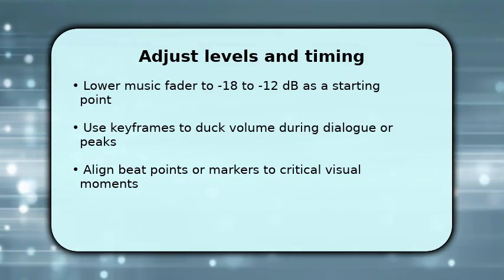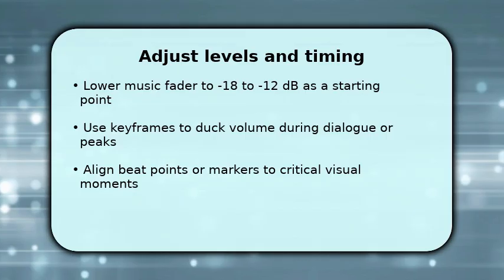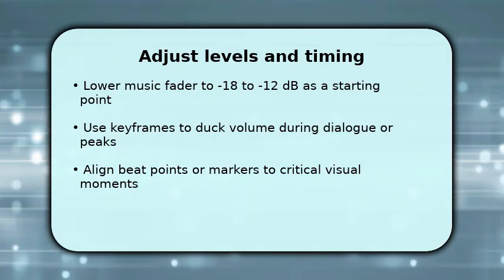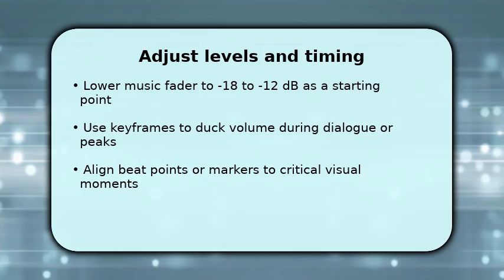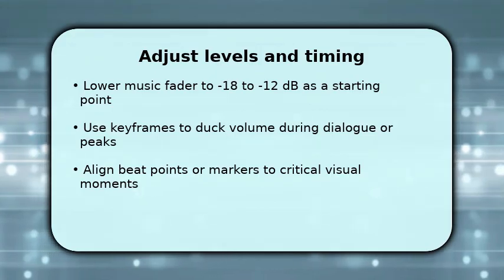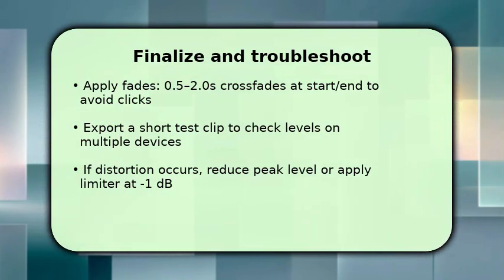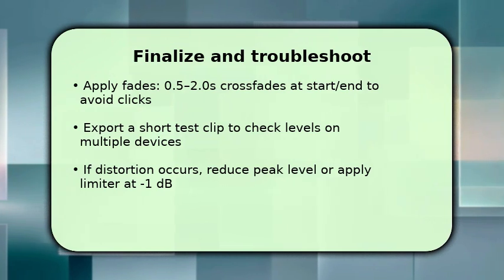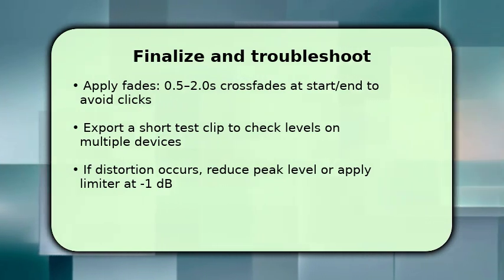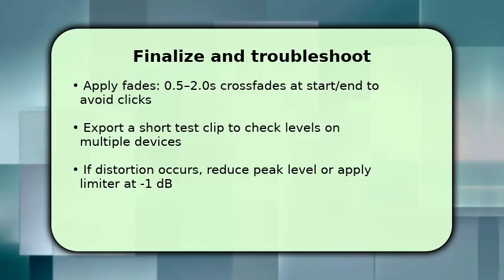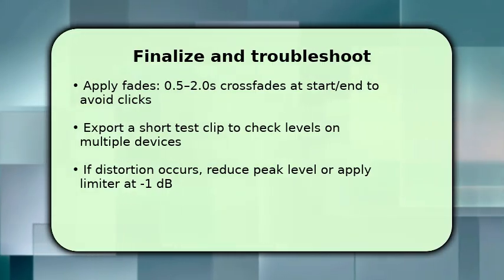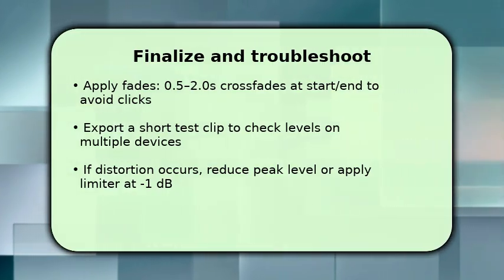Once you set these, listen through several times and tweak timing and gain until transitions feel natural and nothing masks important audio. Finish by adding smooth fades at the start and end, 1/2 second to 2 seconds, so the music enters and exits naturally. Bounce or export a short test render and listen on headphones, phone, and speakers to confirm